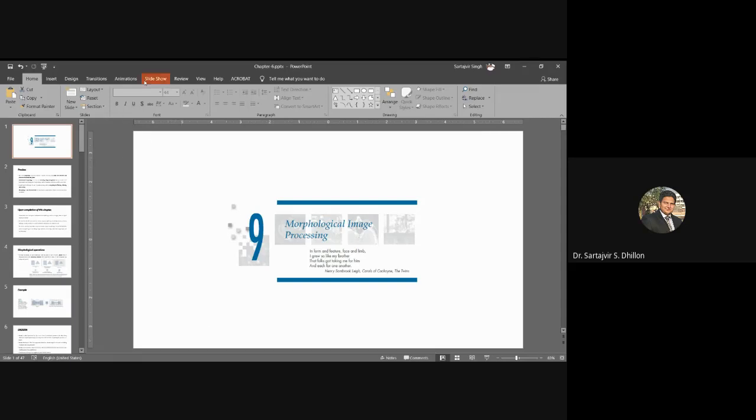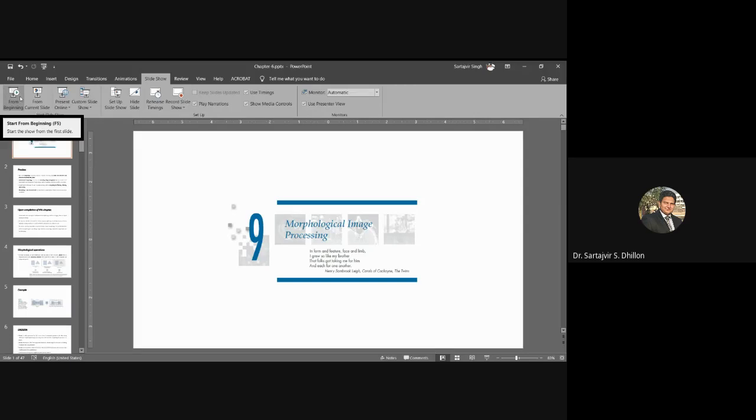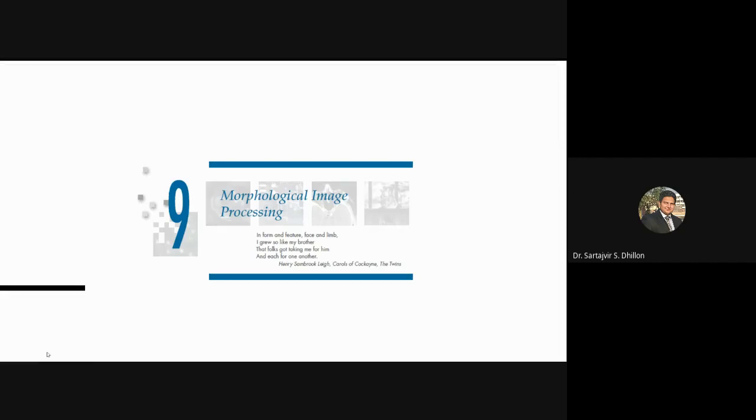Let us begin. This is your sixth chapter. Please note that we have just missed two chapters. There is color image processing and there is one more, wavelets, which has recently been added in the fourth edition of digital image processing, but it is not in your syllabus. So we have missed that wavelet portion, and the other one is color image processing, which we will cover in the upcoming lectures.